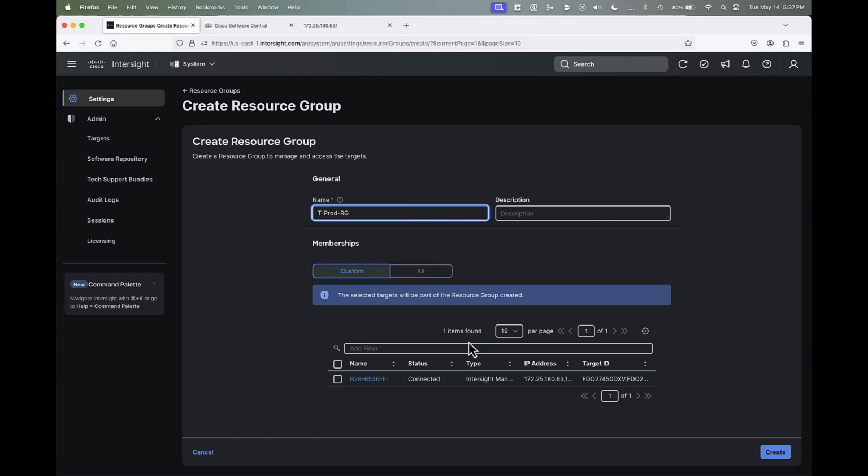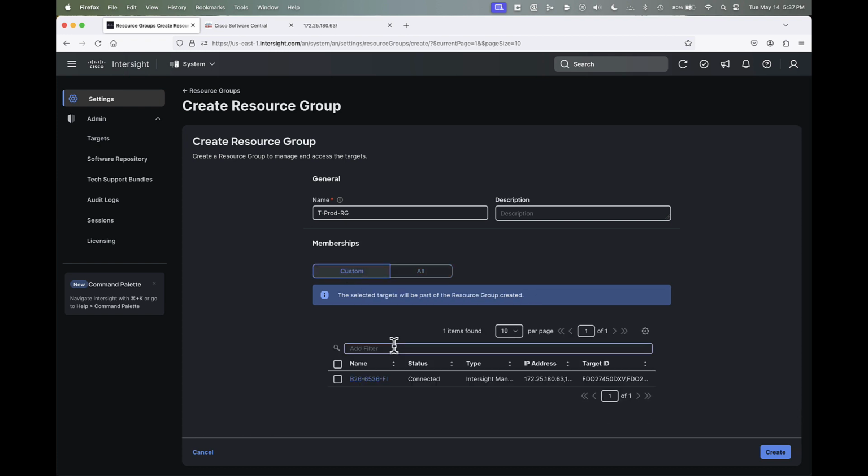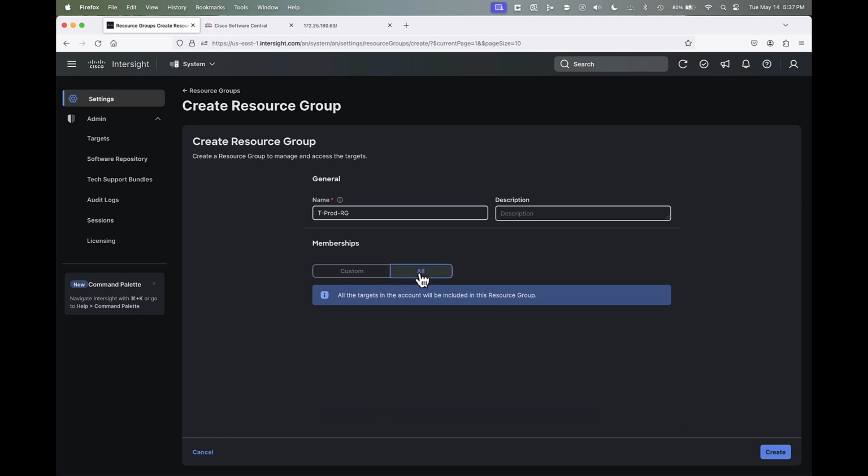Okay, now I'm going to do a custom membership here. I don't want to add everything that has been claimed to my account to that particular resource group. So I'll do custom. As it turns out, I only have one thing claimed. But in a larger account with more targets claimed, you're going to have a bunch of things here